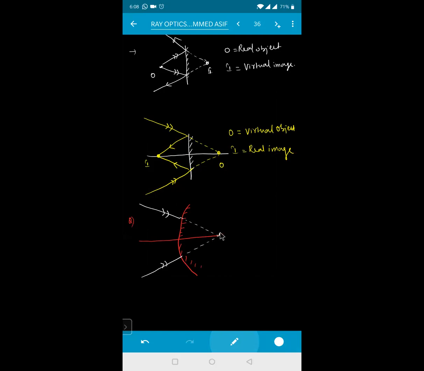That means this will be acting as your object, isn't it? You know that from this one, the ray of light will be reflected back like this, and here also this ray of light has been reflected back like this. If I extend this reflected ray in the backward direction, they appear to be converging somewhere here. Object and image are on the same side. So what type of image and object formation will it be?